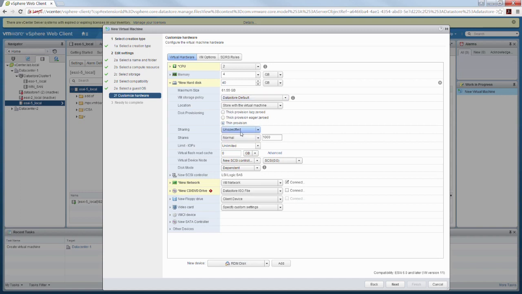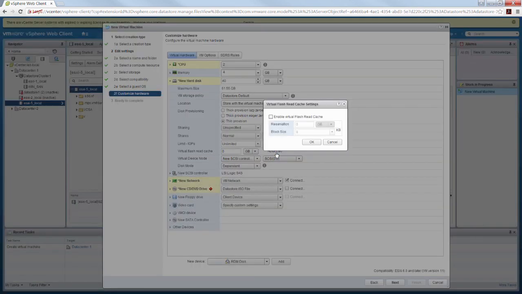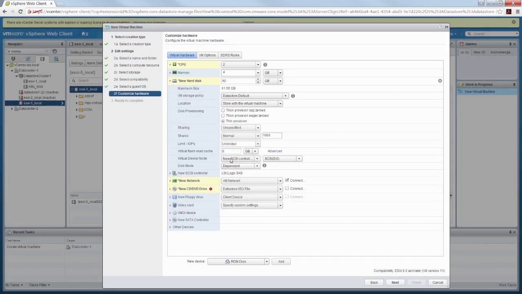Okay, so we have similar settings for resource management. We have our sharing, shares and our IOPS limit. We could configure those in here. Or flash read cache, we could set that here too. Okay, so we could enable that first. Okay, so coming down in our list here,